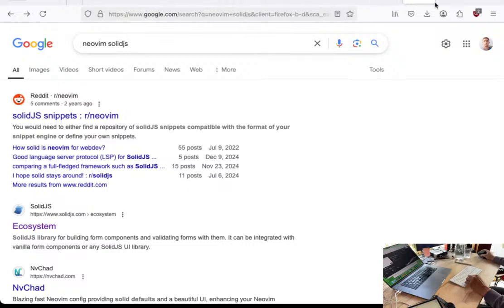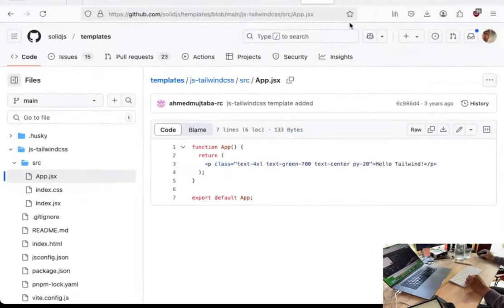So anyway, for the IDE, I will try Solid.js, but I don't know if there is